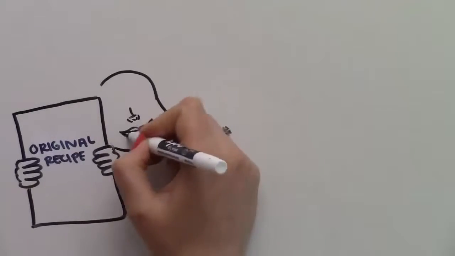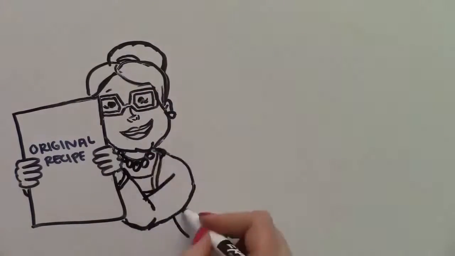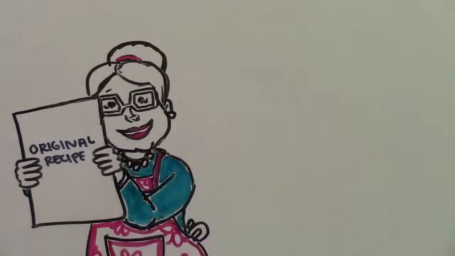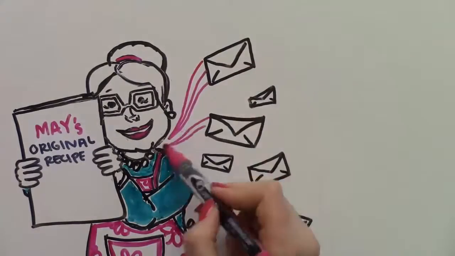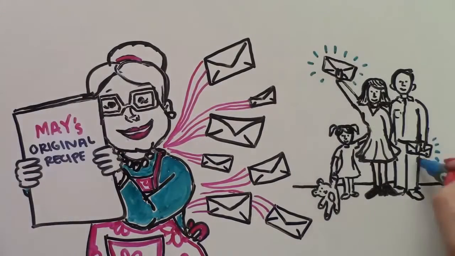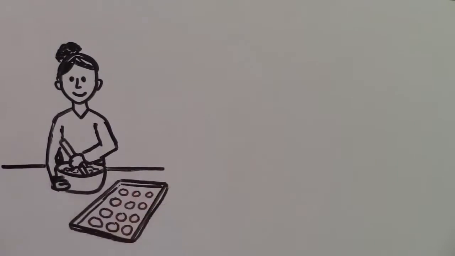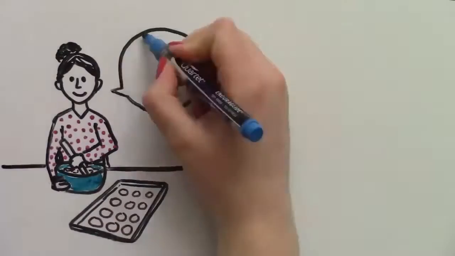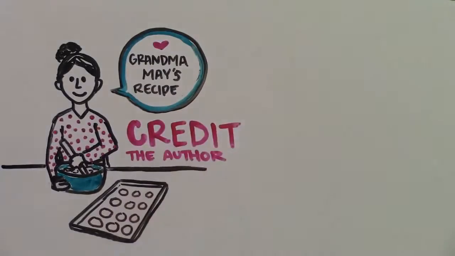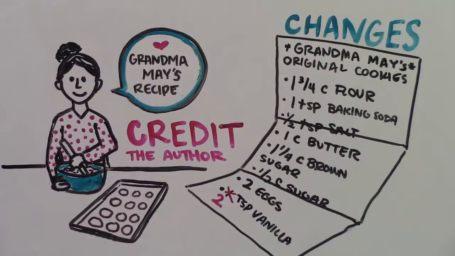Just like code, all recipes start by somebody writing the original version. In this case, Grandma May has developed a delicious cookie recipe. She shares it with her family, telling them they can use her recipe as long as they follow her rules. In Grandma May's case, anyone who bakes cookies with her recipe has to credit her as the author. And if they make changes to her recipe, she has to be allowed to use those changes in future versions